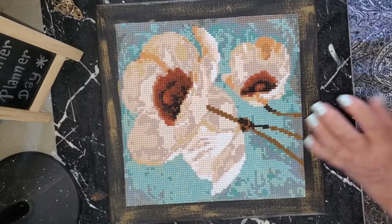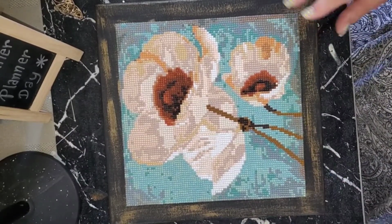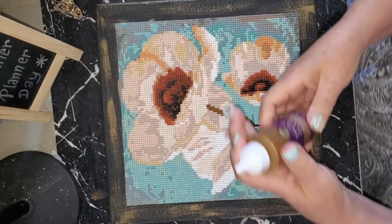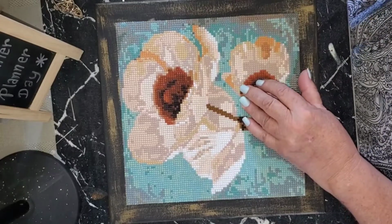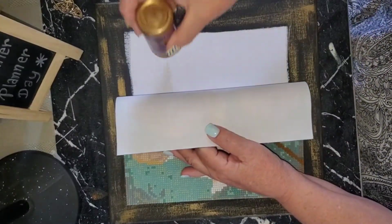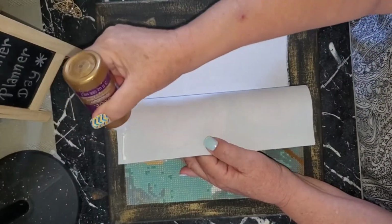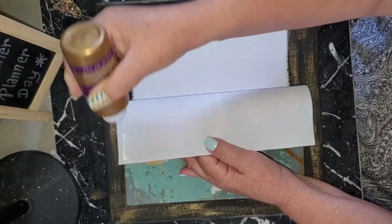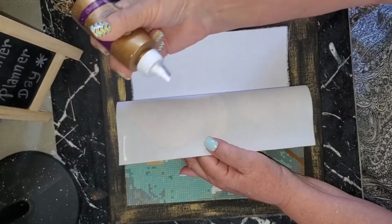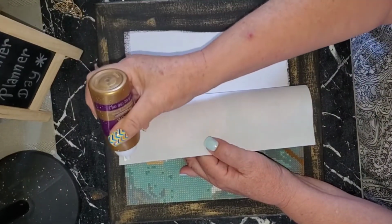So once you have your painting as close to center as possible, you are going to hold it down in one spot while you glue it to the canvas. Now I have this Aleene's Tacky Glue, and I found that this works pretty good for this. It bonds the two canvases together fairly well, if I can get it started, of course. So, but once I do get it started, just making sure